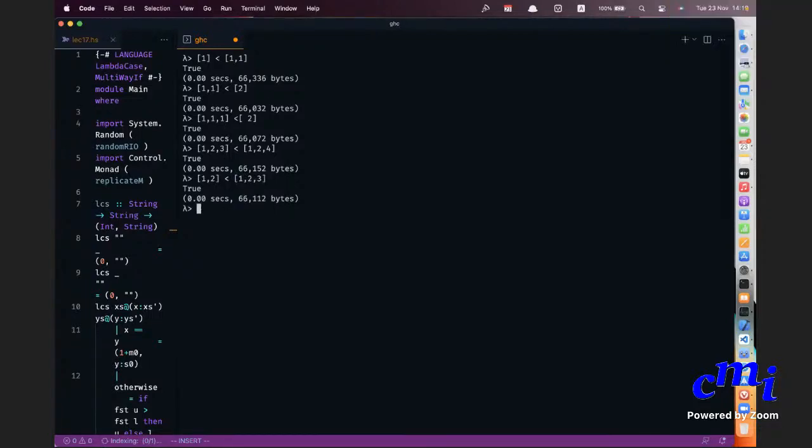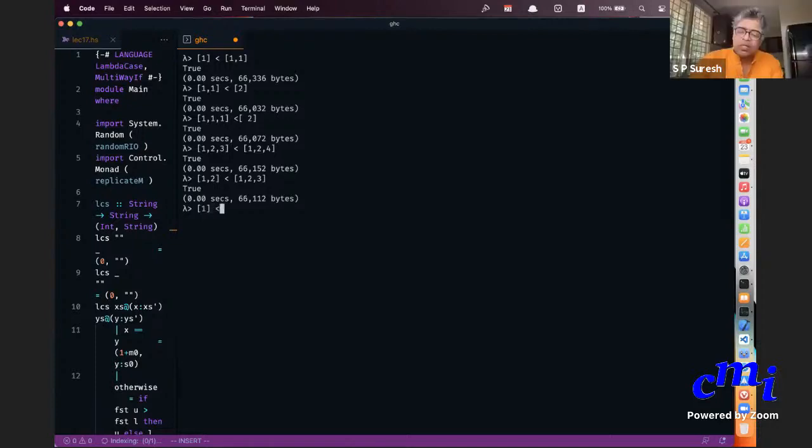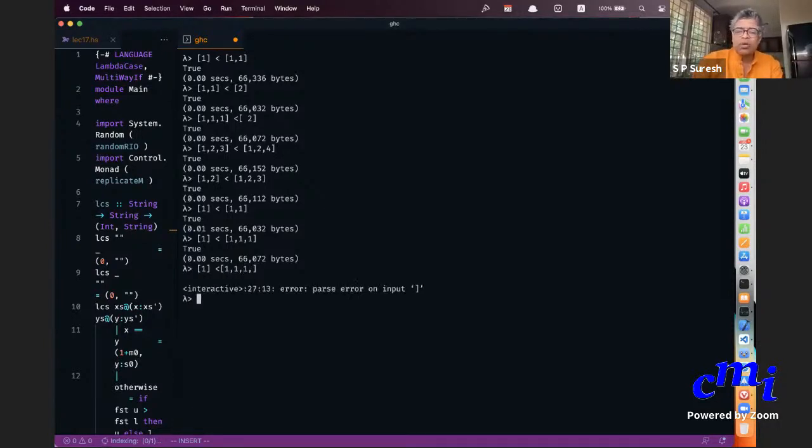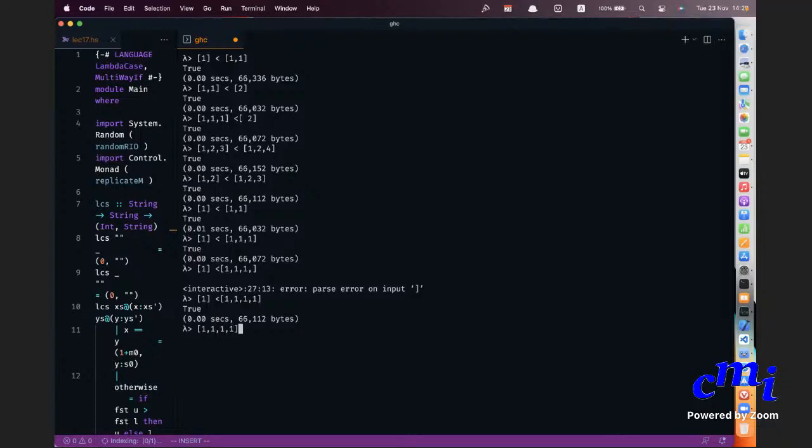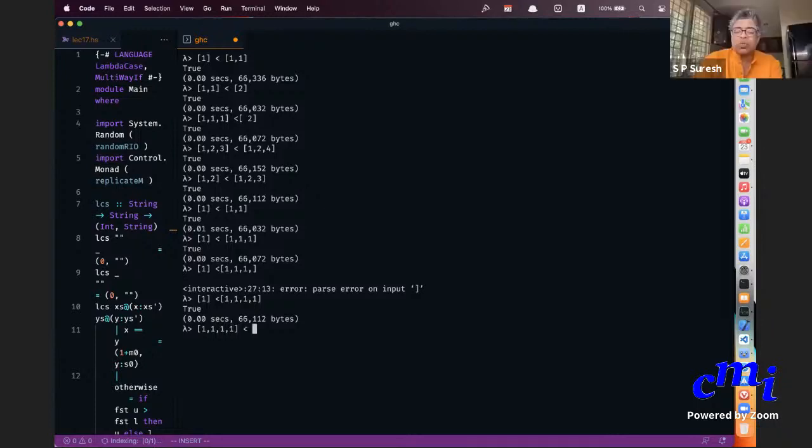So 1 is less than 1,1. 1 is less than 1,1,1, etc. And each of those things are less than 2. Why? Because at the first point where there is a difference, 1 is less than 2. So each of these is less than 2.